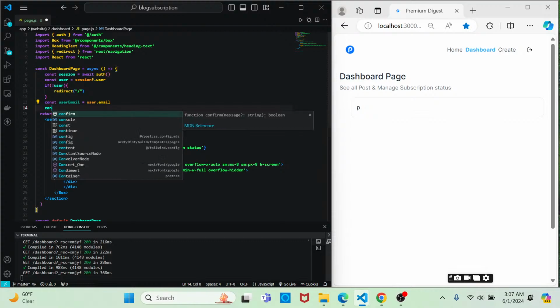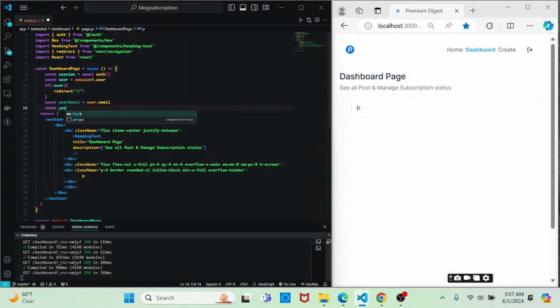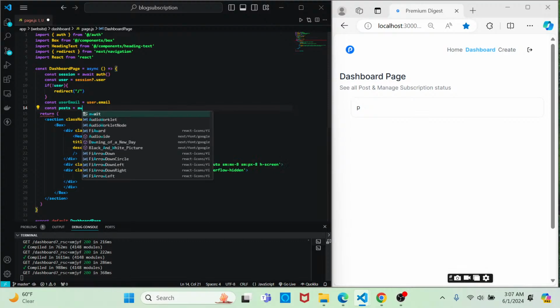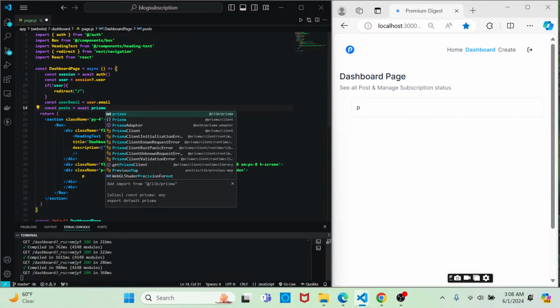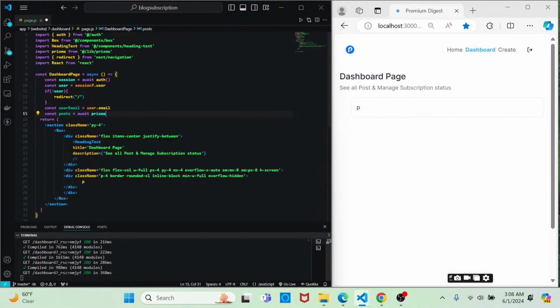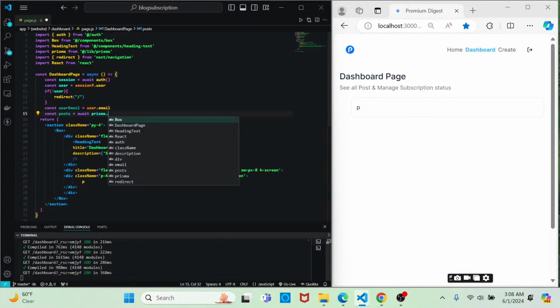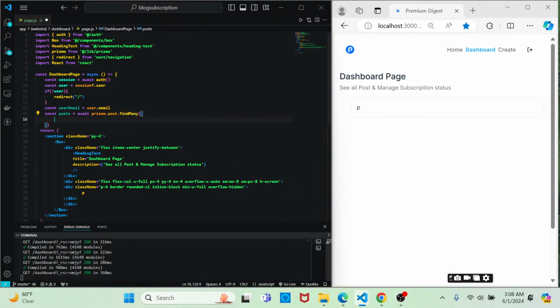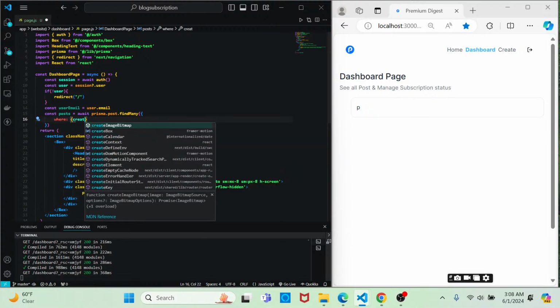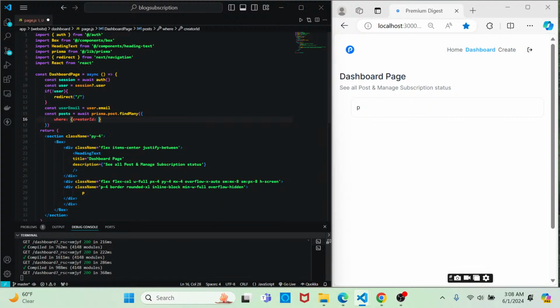So the way we'll do that is we'll create a variable named post, and we'll say await, because this is going to be an asynchronous action. And then we want to get access to Prisma, in particular the Prisma function that we created in the lib directory. So we'll go prisma.post, because that's the model that we want, and we'll go findMany. And then inside of findMany, we want to say where the creator ID is equal to